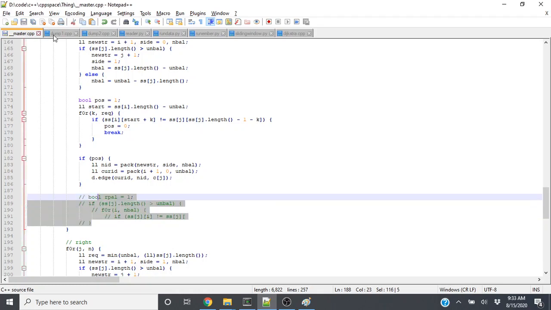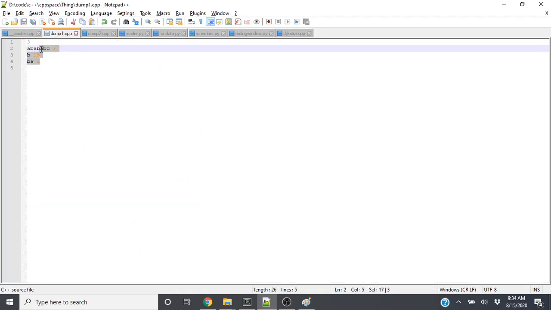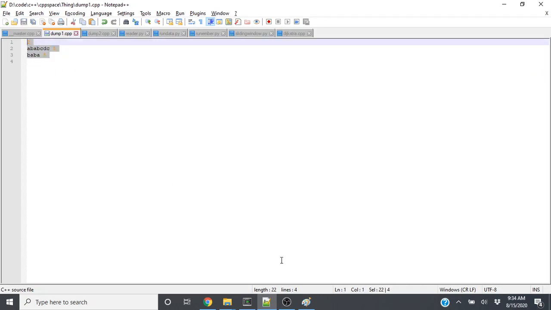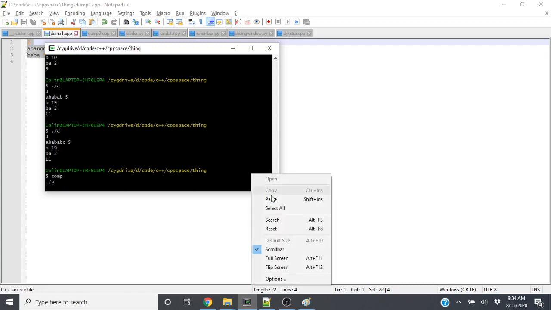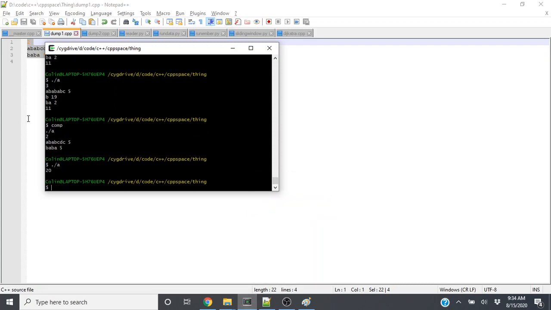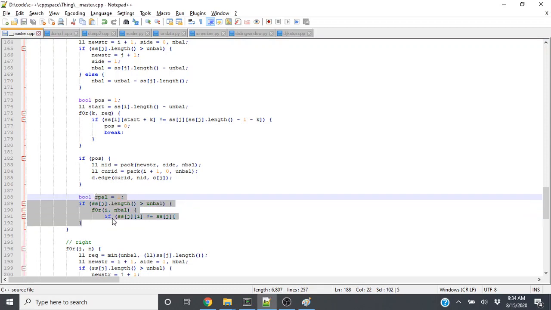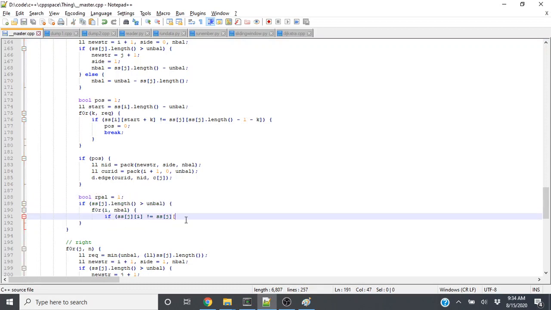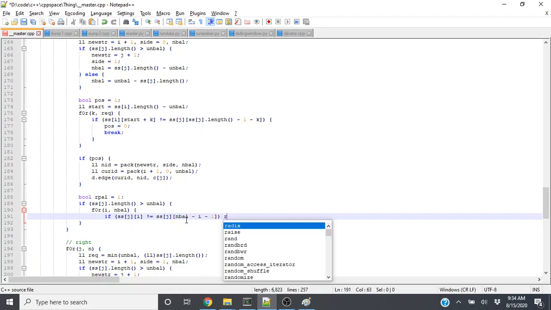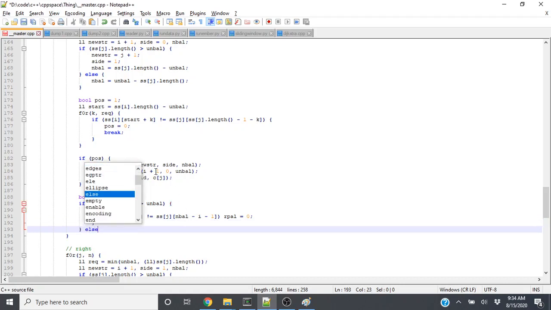So here's the case I'm thinking of. So we have like ABAB, CDC, and BABA. 5, 5. Yeah, so that will be caught by this. SSJI, it's up to nbow, right? Because, yeah, we get rid of the first that many characters. Nbow minus ji minus 1, rpal equals 0, else